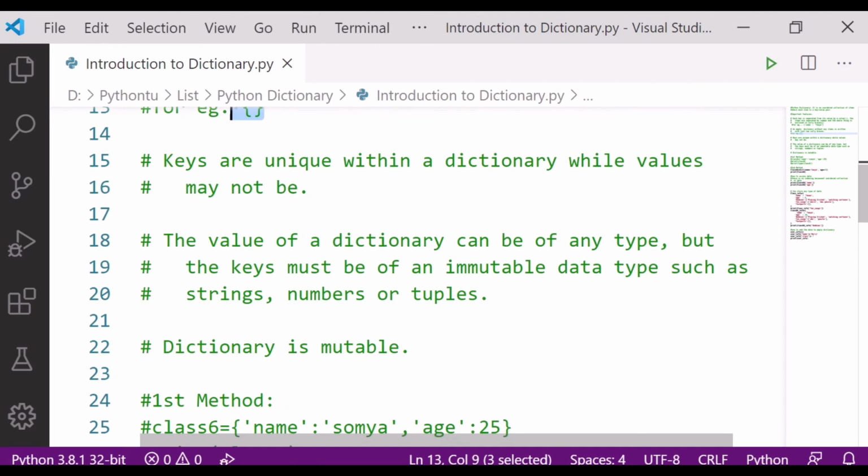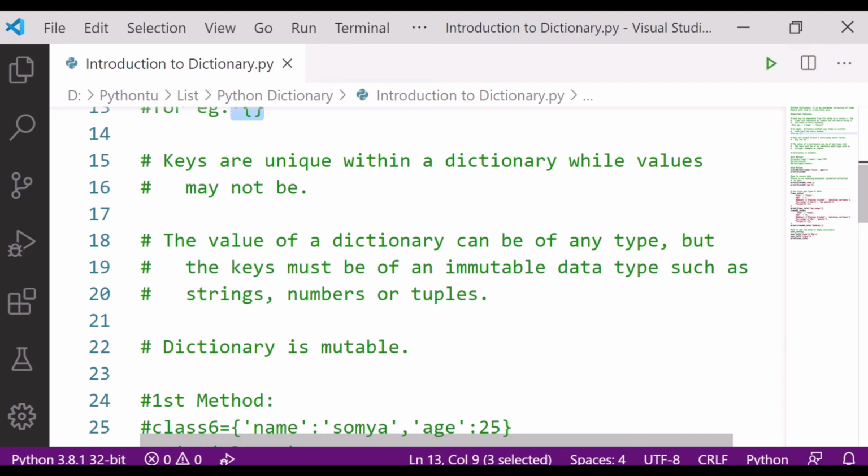A dictionary is mutable, and I told you about the list and the dictionary. Let's have a quick view of what I have told you. Keys have to be unique within one dictionary, that I already told you.